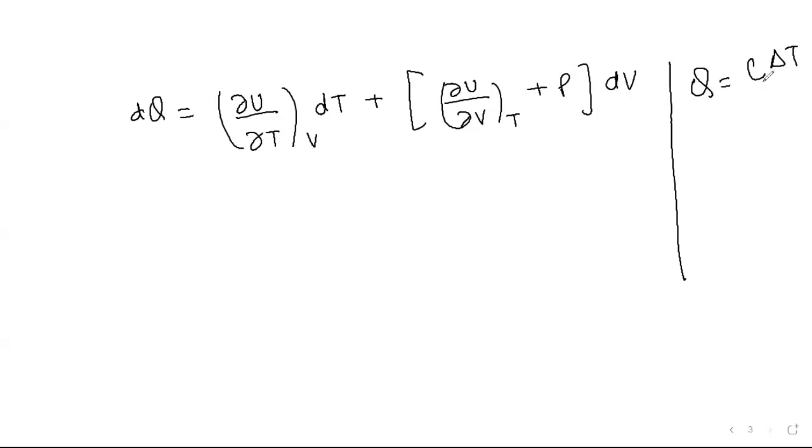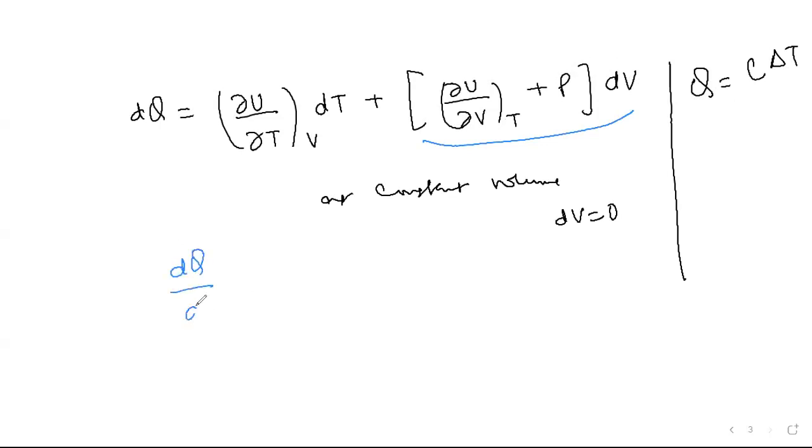So at constant volume, dV is 0. That means this whole term is 0 because this dV is 0. So at constant volume, I can write dQ by dt,